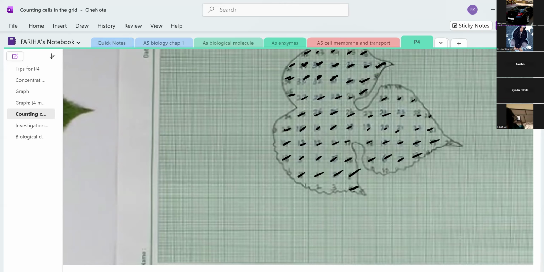70, as half of the square is covered. Was it 70 or what? Okay, if it was 70, then 71, 72, and we can count this one too. 72, this is because half of the grid is covered. 73 and then 74. So what should be the area of the leaf? It is 74 cubic centimeters. The area of the leaf is 74.